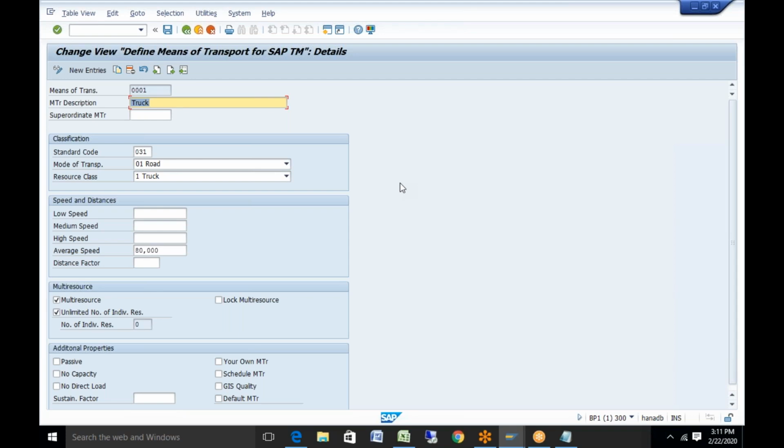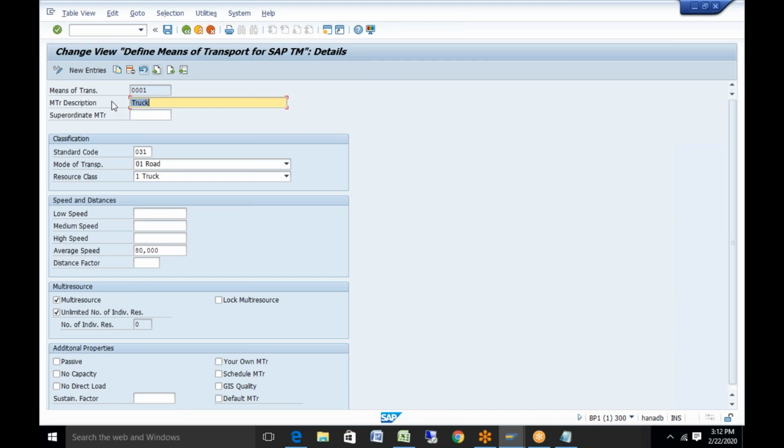For example, the mode of transport will be road, but the means of transport may be MTR1, MTR2. There can be multiple means of transport for a single mode of transport. It depends on the attributes. For example, if you are doing a transport in a plain region, you can use the means of transport MTR1. But if you are driving in a very steep hilly region, then the mode of transport can be linked to MTR2. MTR1 and MTR2 are two different means of transport which have different attributes. Those attributes will differentiate your means of transport. And once your means of transport is determined, this means of transport is linked to a resource.